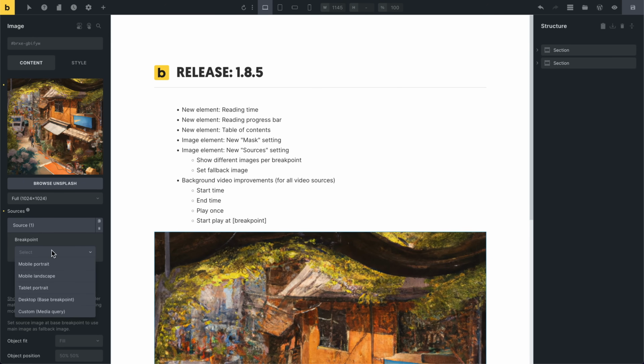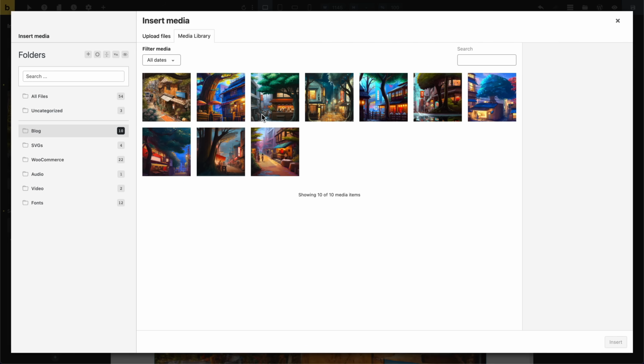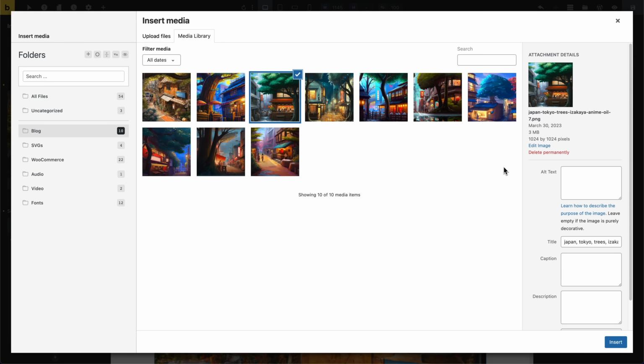So in my case, I want to say everything up to the mobile portrait, which is everything up to 478 pixels. I want to show a different image. You can also use dynamic data here. But I'm just going to stick with a single image here. And I'm just going to select a different image so you can see how this is going to look like. So this is going to have this